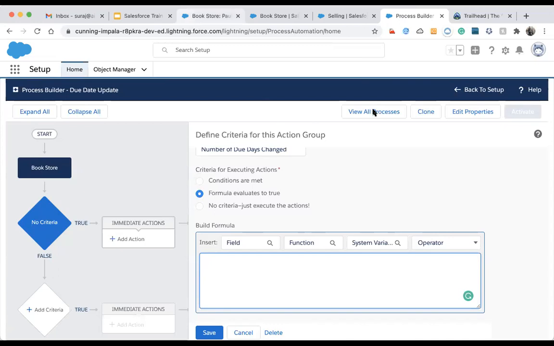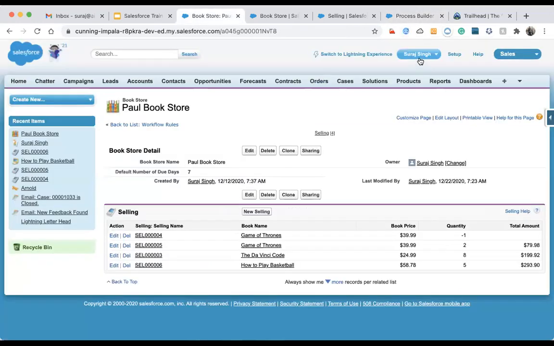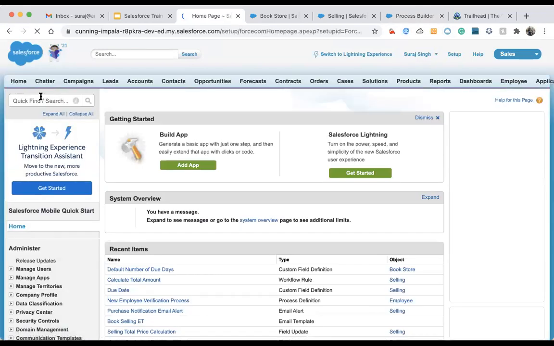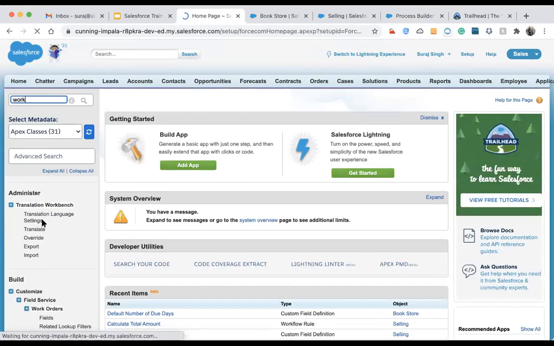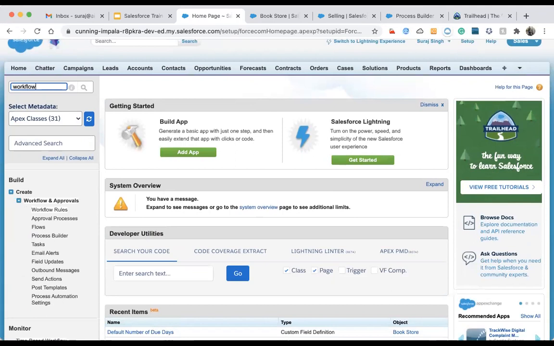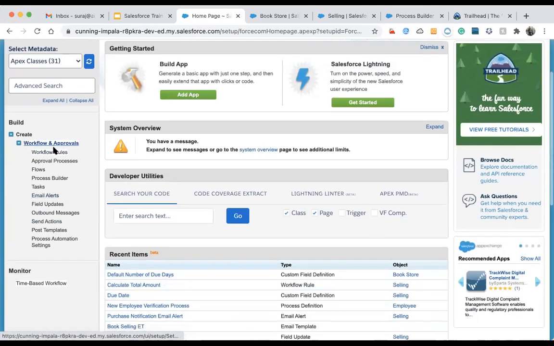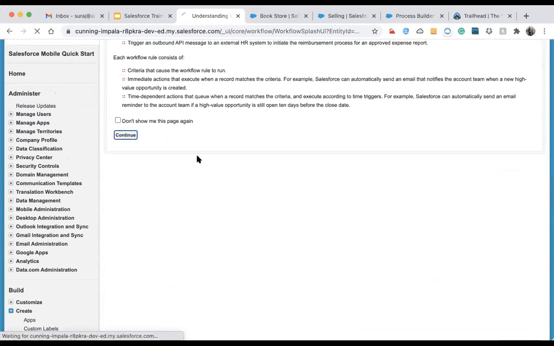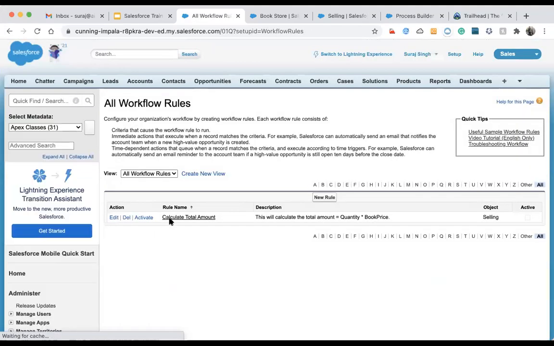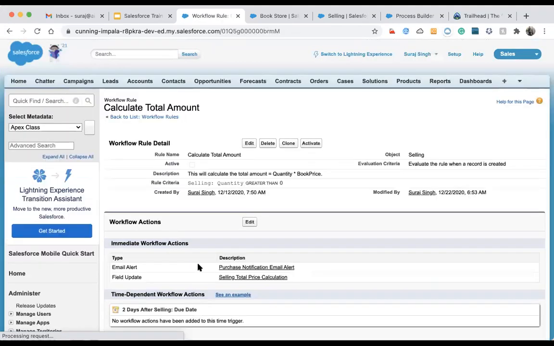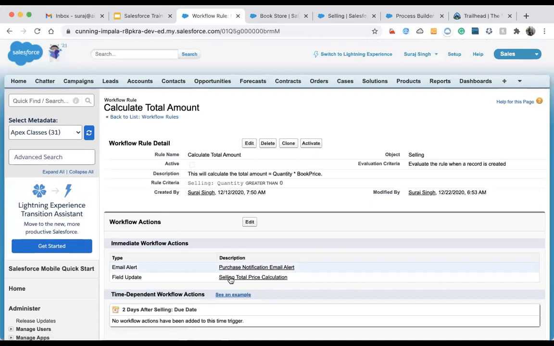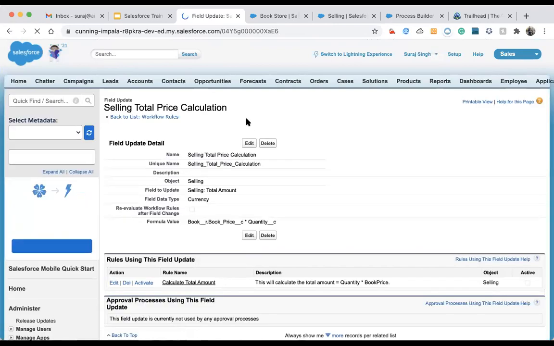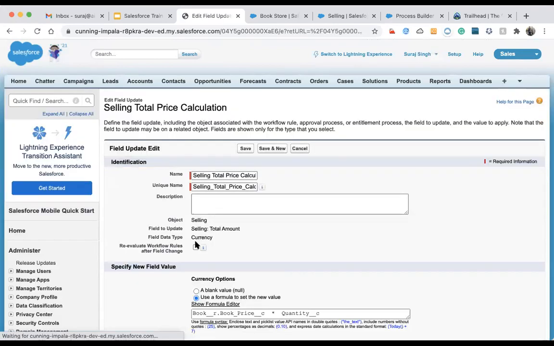If you want, just take a look at it. Let's check the option.